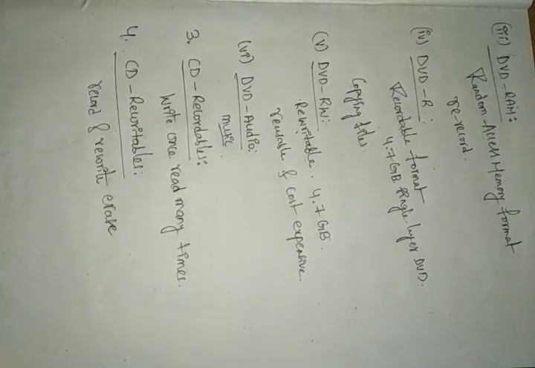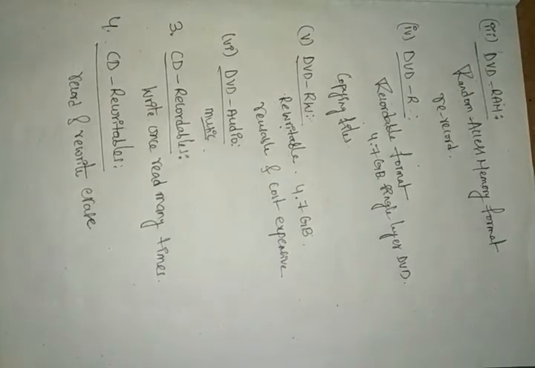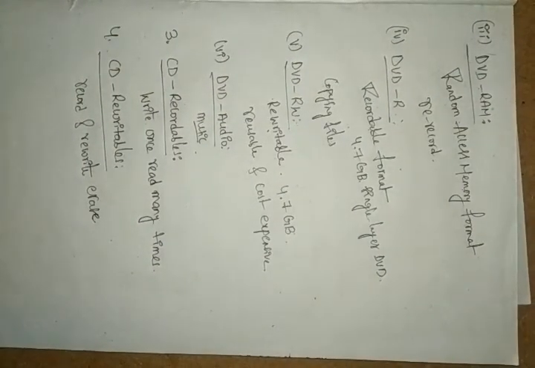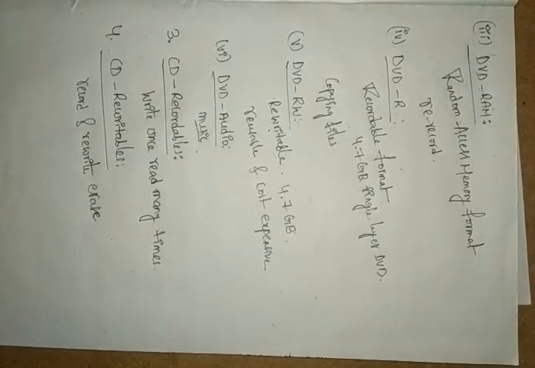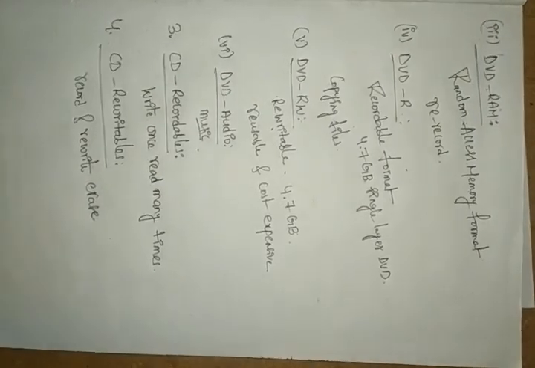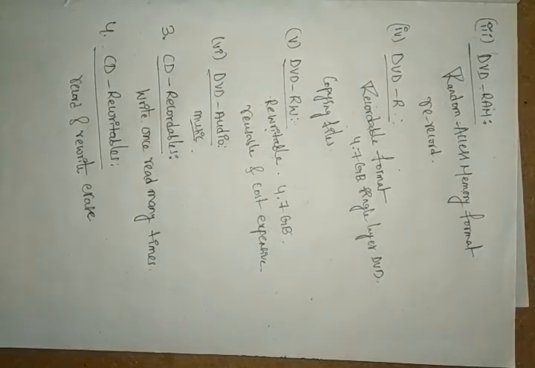The optical disc is used to distribute audio files, for example songs, to all the persons. It is also used for data, so you can store any data on it. It is used for electronic versions, like we can print journals, books, magazines, product catalogs, or anything you can perform on this.